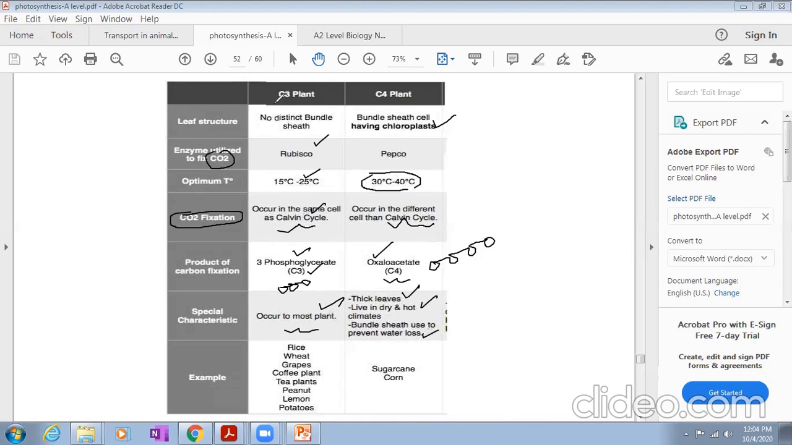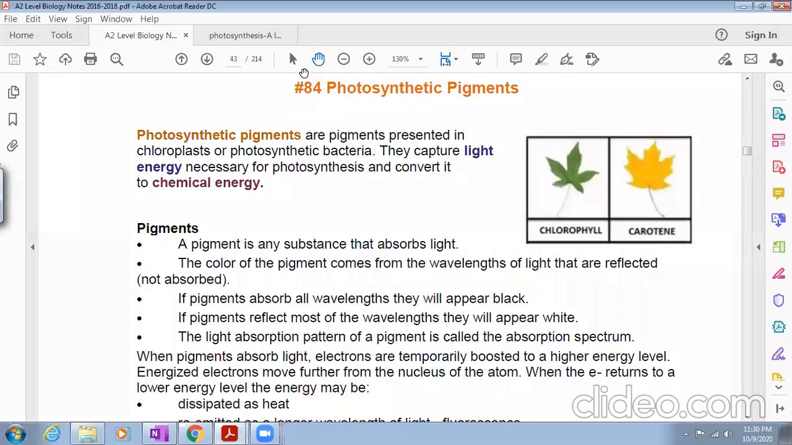Am I clear? Now, C3 plant examples: rice, wheat, grapes, coffee plant, all these are what? C3 plants. And here sugarcane and corn, these are examples of C4. Am I clear? Dear students, the topic of discussion is